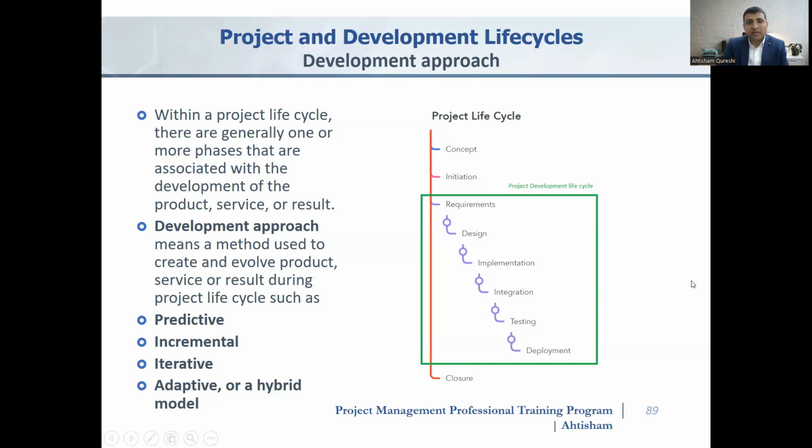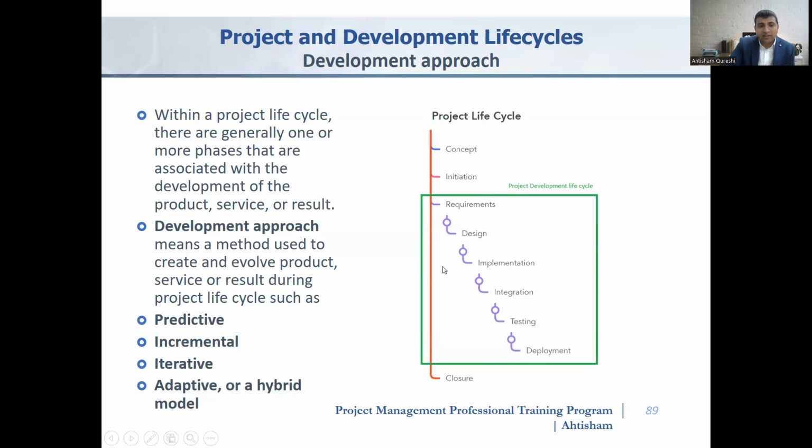If you see the simple project life cycle given here, there is a concept initiation, then there is the implementation or project development life cycle, the whole highlighted green area, where you have requirement, design, implement, integrate, test, and deploy, and then there's a closure. So this particular highlighted green area is where we have different approaches of project